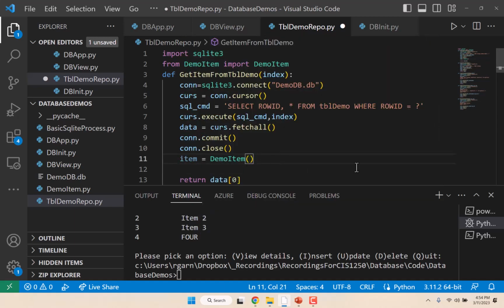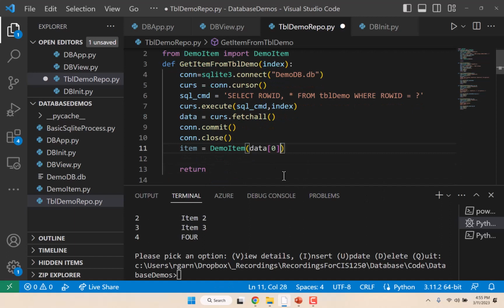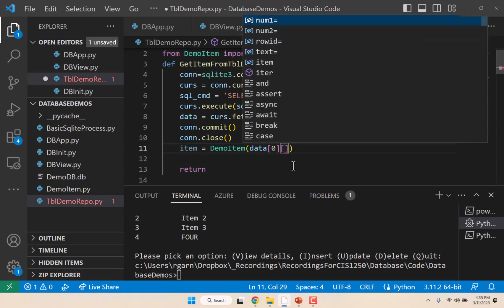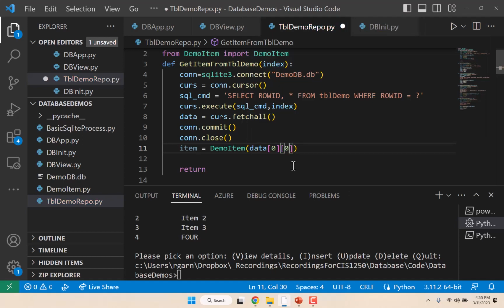So for row ID, that will be the first item. And then the rest will just go in order. That's num1, that's num2,